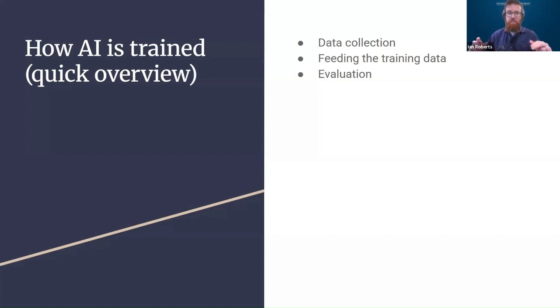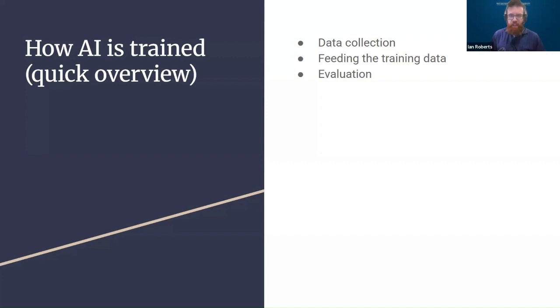And then other models receive unlabeled data. So they just get an image of a dog without the label. And that's much less hands-on. It lets the model work out its own connections, sometimes finding unusual patterns a human might not find. It might also identify non-existent patterns. It's all a function of how the model makers want those models to work.